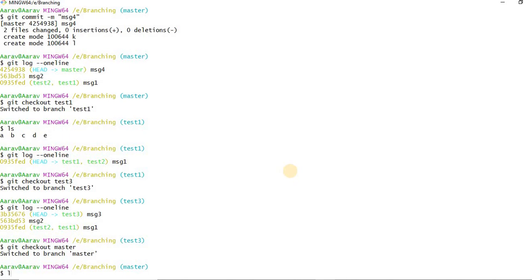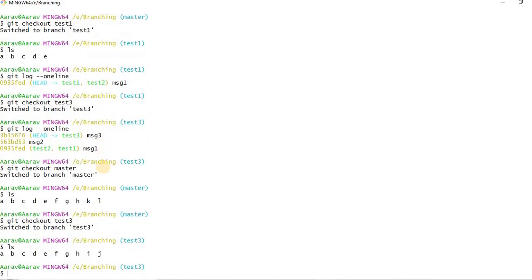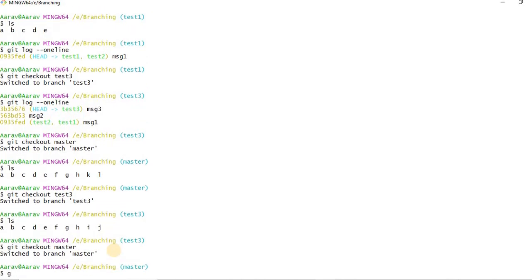Let's say here I am having files a, b, c, d, e, f, g, h, k, l, and we have created, let's see, git checkout test3, ls. So we have ij extra here. So what I will do: git checkout master, then git merge test3, enter.